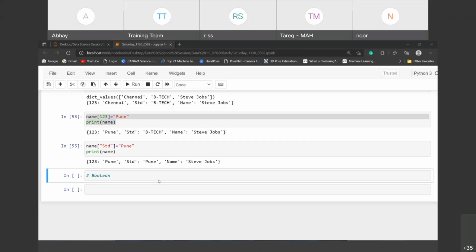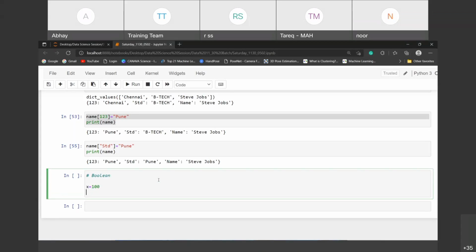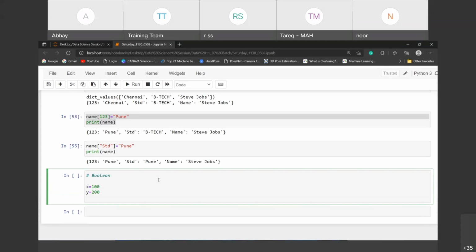Suppose x is equal to 100 and y is equal to 200, and the way we are comparing x and y, that is also Boolean, because this is a true or false condition.